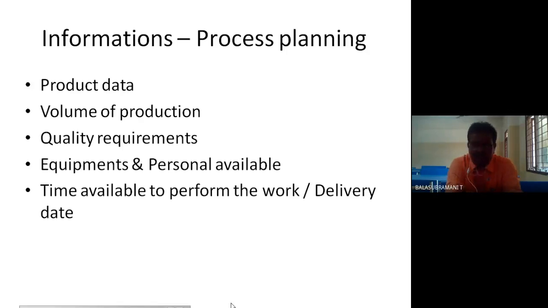Volume of production means how many parts are to be produced and delivered in the industry per day or per shift. The quantity plays a major role. Next, quality requirements. What qualities are needed? Where a part is already available at the market level, the quality has to be improved again. So the next part should be designed for the existing part only on the quality requirements, so the industry concentrates on the quality requirements.